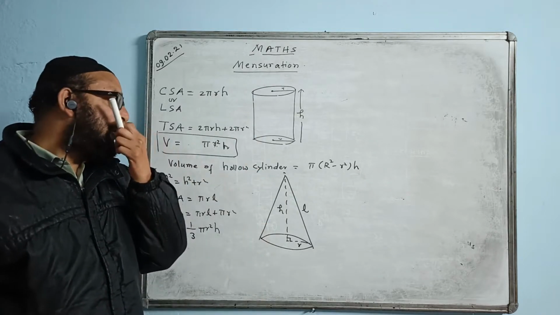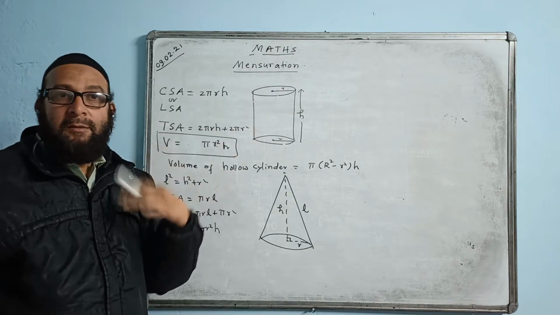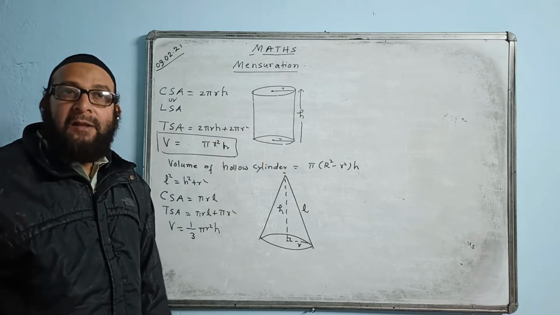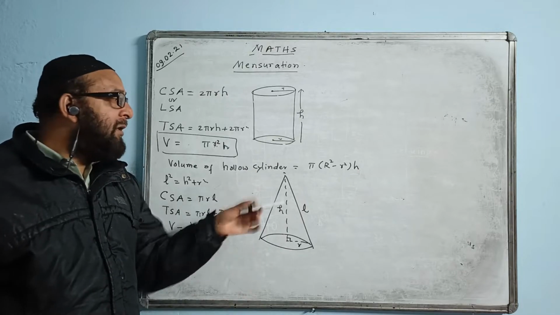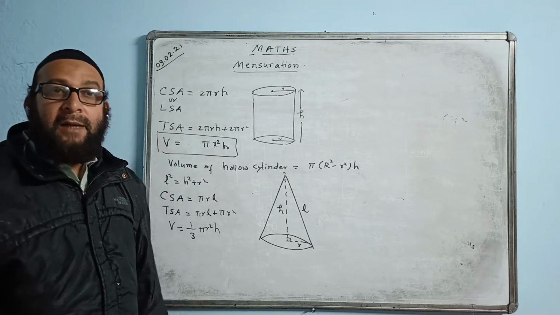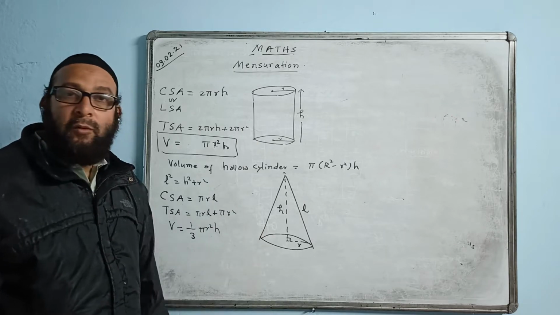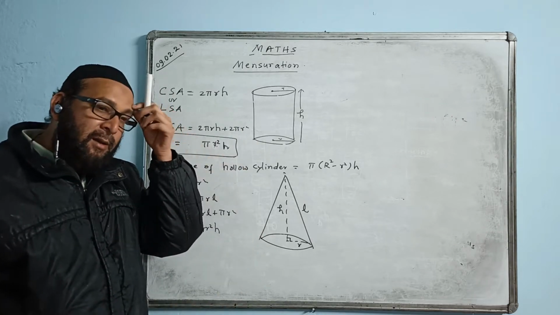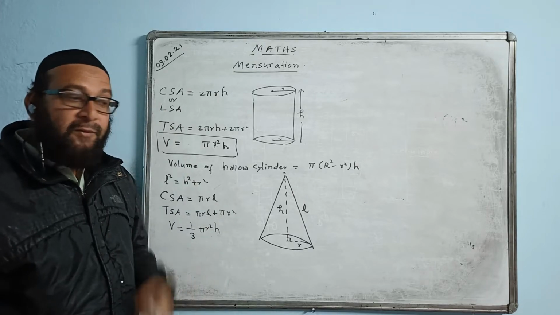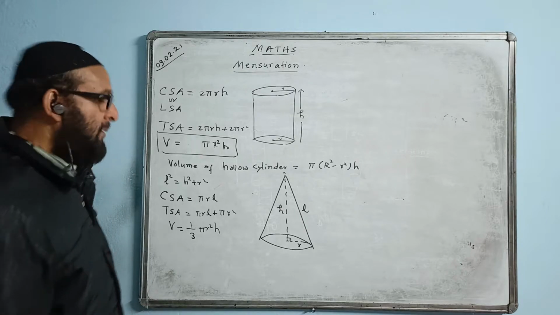Okay, now in some cases, they may say that we are changing a cylinder after melting it into cones. Find the number of cones formed, or find anything of the cone. At that time, when you melt and make one figure, you change it to another figure. At that time you have to make their volumes equal. Volume of this cylinder will be equal to the volume of the cone. You make the volumes equal, and then one thing will be unknown, and you have to find that, which they must be asking in the question. That is the main idea of it. Understood the idea?